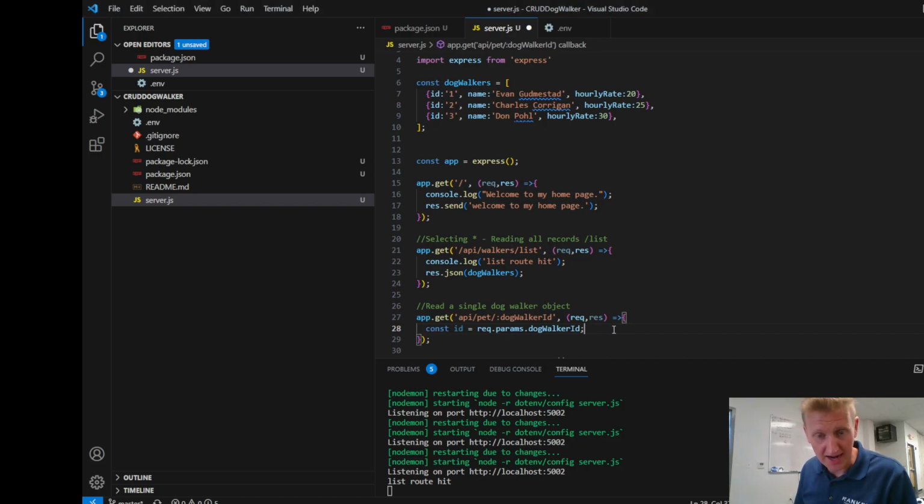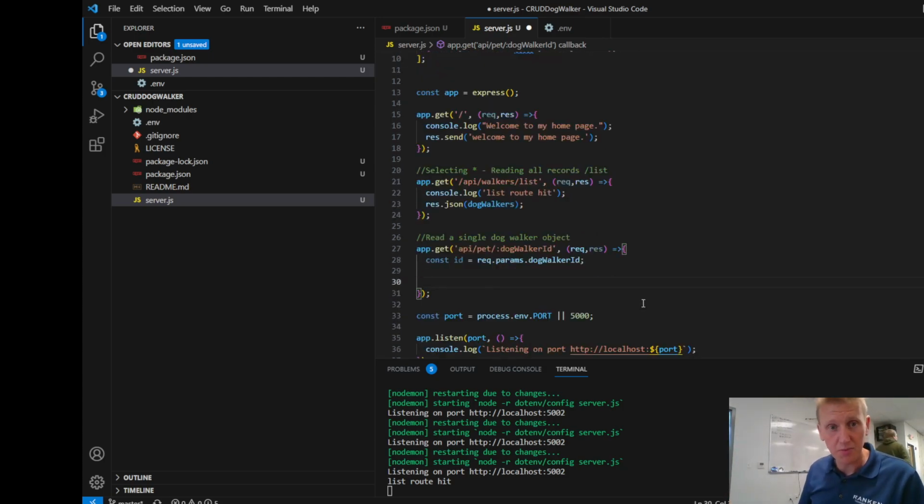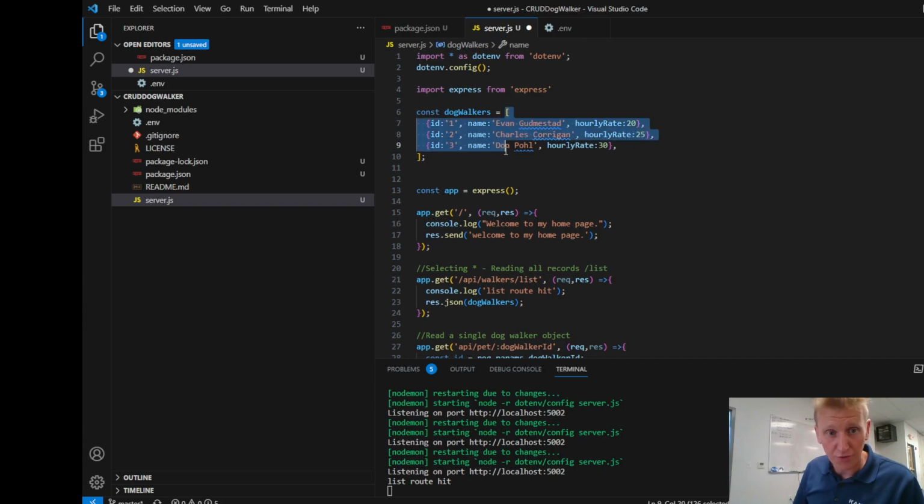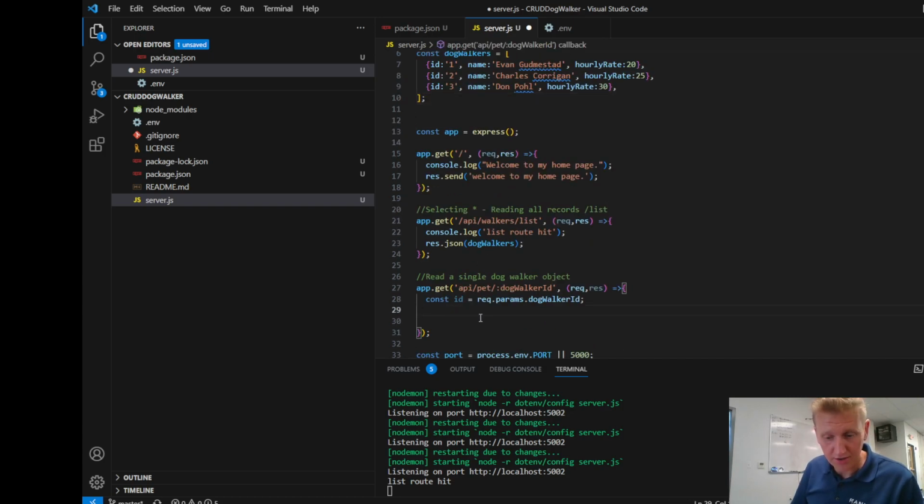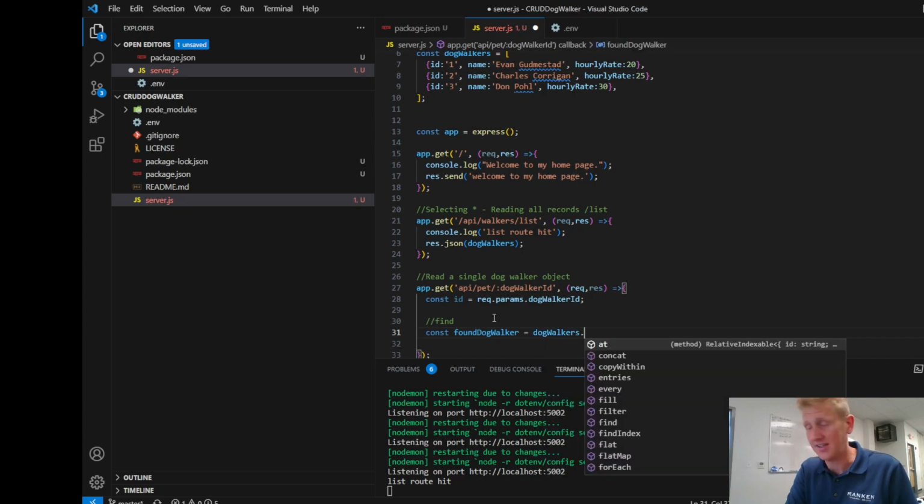So what do we do next? So we allow the end user to supply an ID. Going back to our JavaScript days when we had arrays, there were some pretty useful methods on arrays. One was the find method. So we're going to utilize that find method, const foundDogWalker, to read a dog walker out of our array, equals dogWalkers dot find,